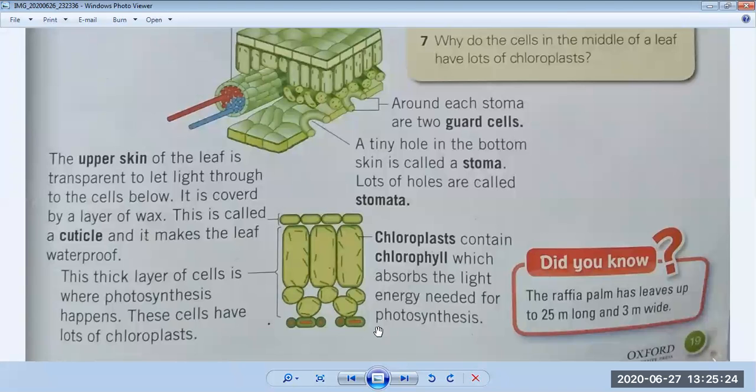There is a difference between xylem and phloem. Xylem tubes absorb water from the roots and take it up to the aerial parts of a plant. And phloem tissues carry sugar solutions, and this sugar solution is produced in the leaves. When leaves do photosynthesis, the leaves get energy, and they transport it in the form of sugar solution in the body of a plant.